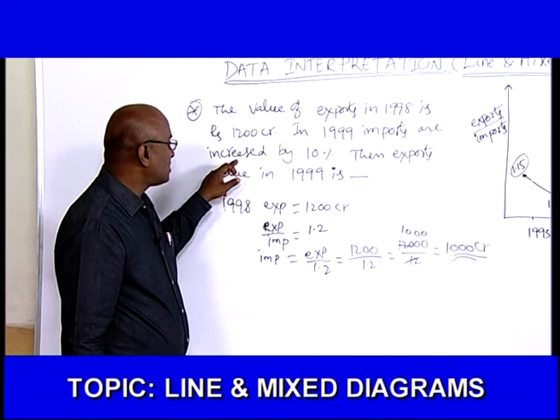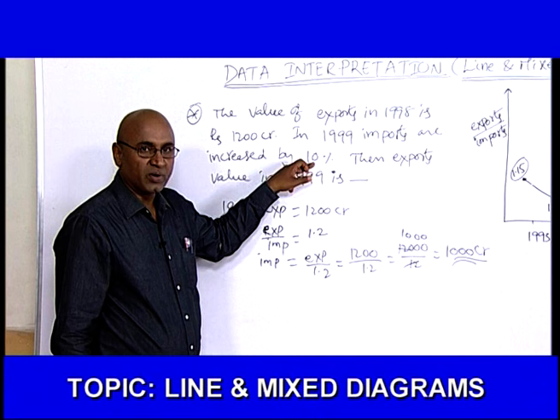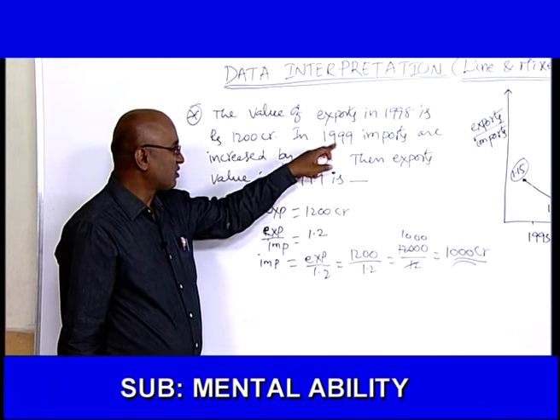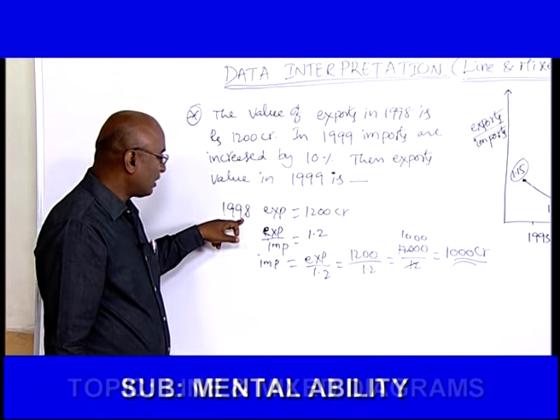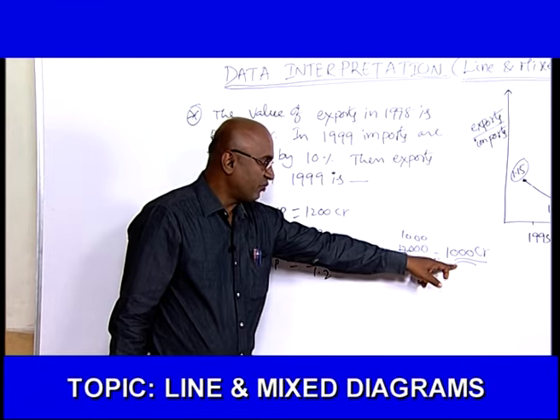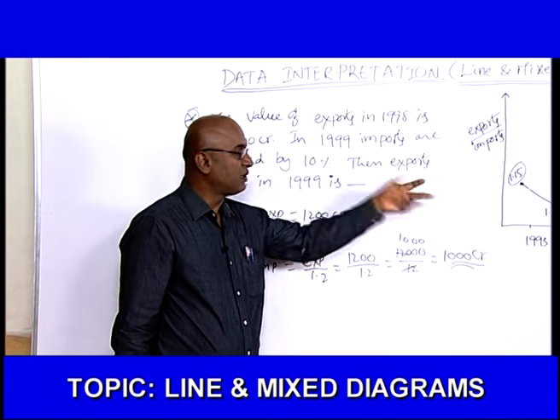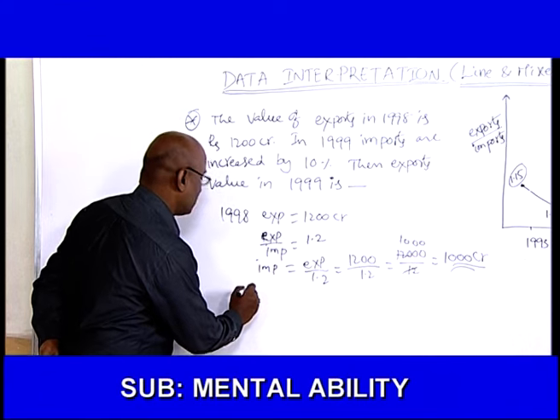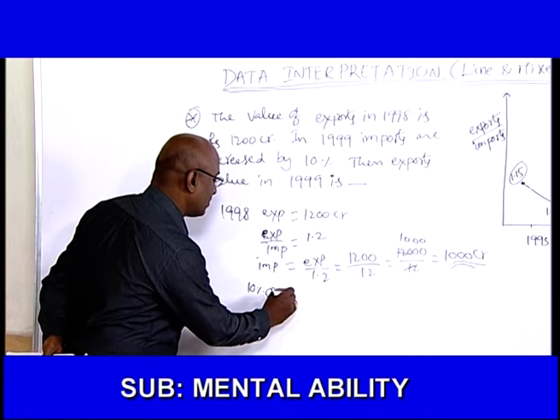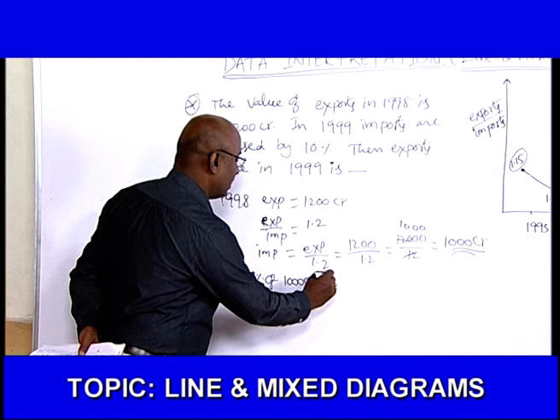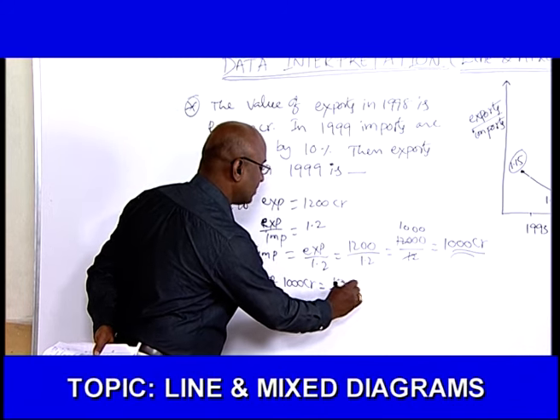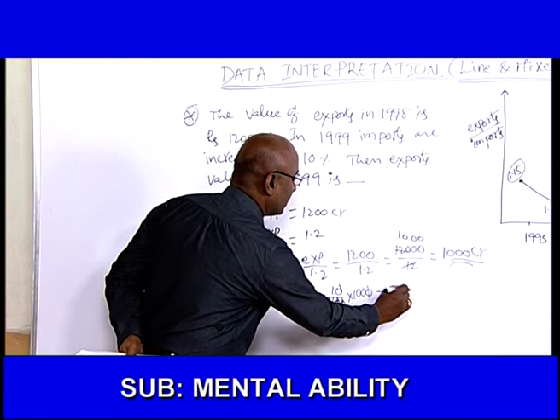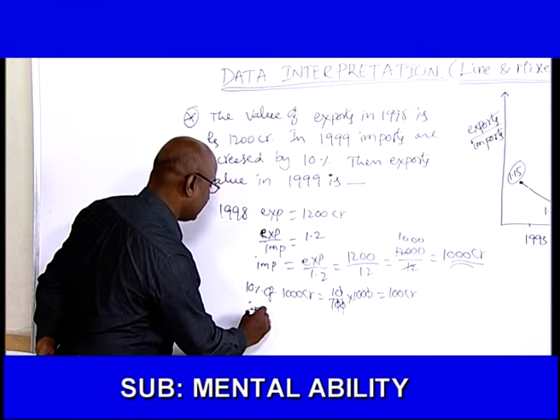1999లో ఇంపోర్ట్స్ 10% పెరిగాయి అన్నాడు. ఈ పెరుగుదల ఇప్పుడు కూడా దేని మీద ఆధారపడి ఉంటుంది? ముందు యొక్క విలువ మీద ఆధారపడి ఉంటుంది. దీని ముందు ఉన్న సంవత్సరం 98. 1998లో ఇంపోర్ట్స్ విలువ 1000 కోట్ల రూపాయలు అయితే 99లో ఇంపోర్ట్స్ విలువ ఎంత అన్నప్పుడు దానికి 10% అదనంగా యాడ్ చేసుకోవాల్సి వస్తుంది. సో 10% ఆఫ్ 1000 CR, దట్ ఈస్ ఈక్వల్ టు 10/100 ఇంటూ 1000, సో 100 crores. నౌ ఇంపోర్ట్స్ ఇన్